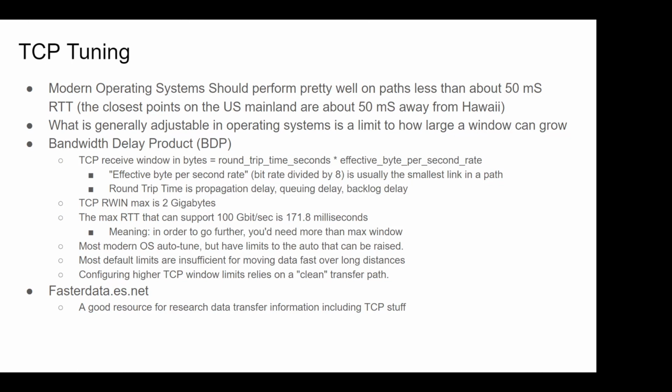The maximum TCP receive window is 2 gigabytes, which means that the max round trip time that can support 100 gigabit per second transfer is 171.8 milliseconds. That's notable because